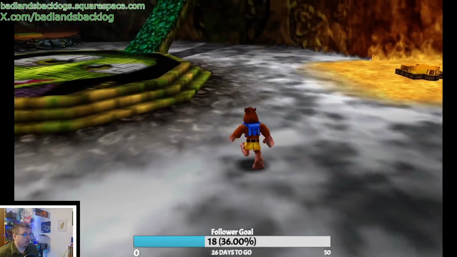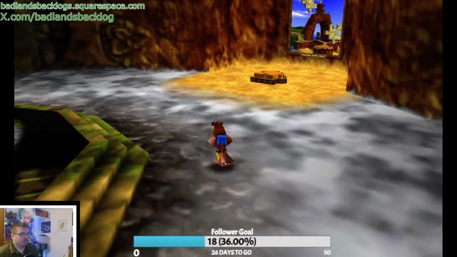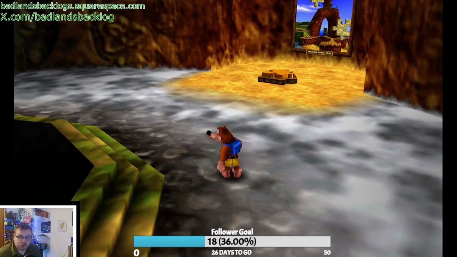That's just rude. So yeah, each time you find Gruntilda, she'll tell you 3 different facts. I believe they just rotate. I don't believe they're tied to the location you find her at, but...